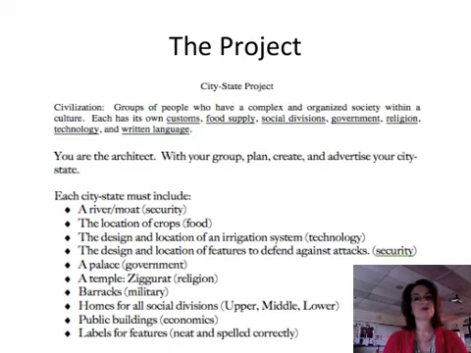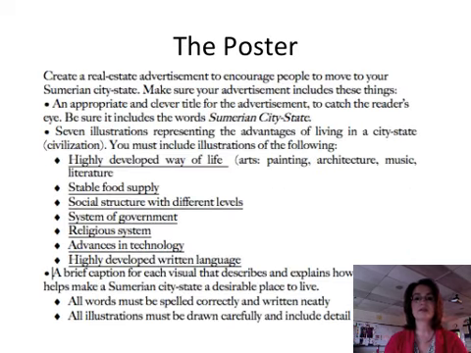So a fun project would be to make their own 3D city-state. But embedded in that were those 7 cultural universals that they were going to be tested on later. And another formative assessment would be to create a poster that goes along with the 3D project, so that it's another way for me to make sure that the project isn't the focus for the students only, but that they're really understanding that it was a way for them to understand those cultural universals.